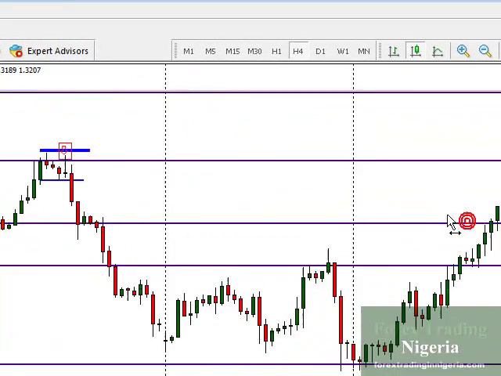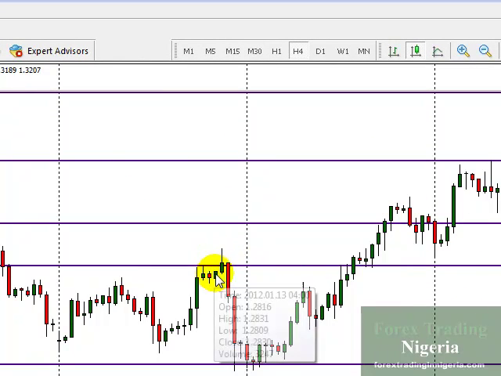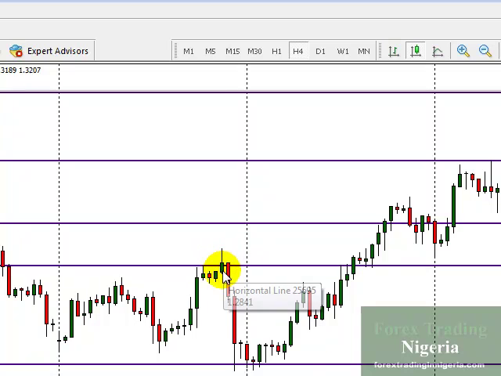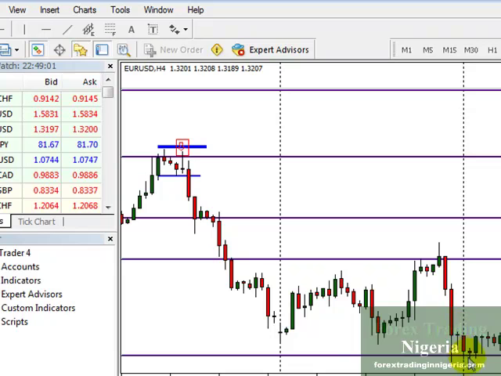So now, look at another example. Look at this pin bar. So I say that it works out sometimes, but look at this. This body does not close within the body of the previous bar. So, and it what? It works out. To me,